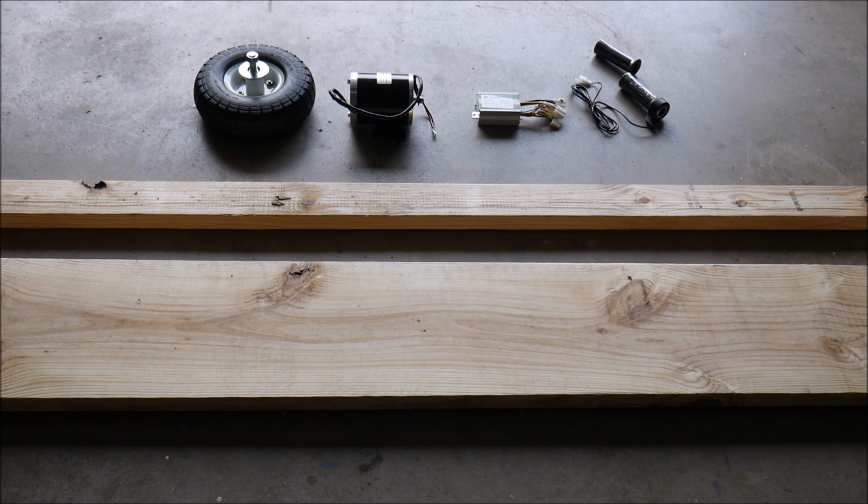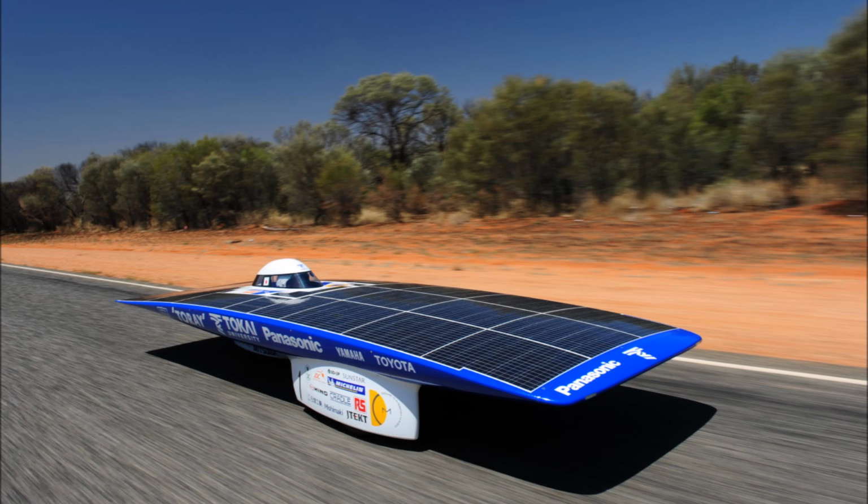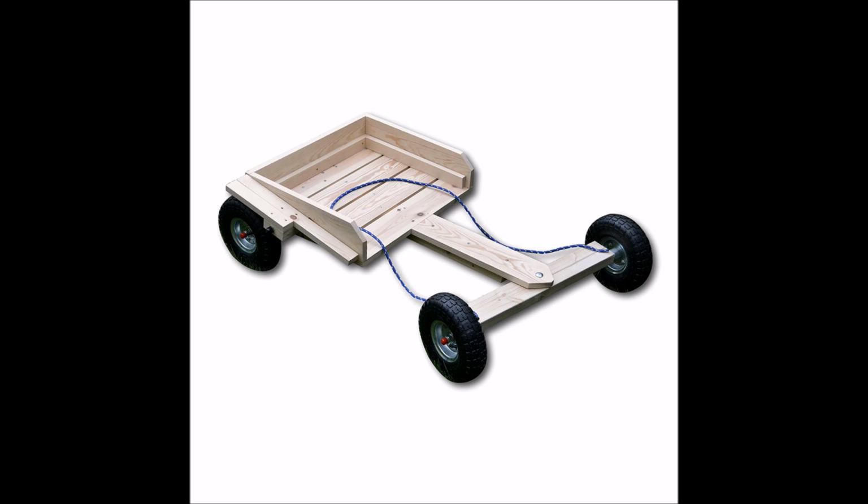This is not going to be for racing. This is not going to be something I'm building to be useful. This is going to be more of a learning project, a fun, easy, inexpensive thing to do with my son. That's what we're going to do. I welcome comments, criticisms, suggestions, but please keep in mind we have a very small budget and we are going for something that works but is not necessarily fast or practical or any of that stuff. So instead of our finished product being something like this, it's going to look something more like this. Although we will add a little bit of a roof so that we have a place to put our solar